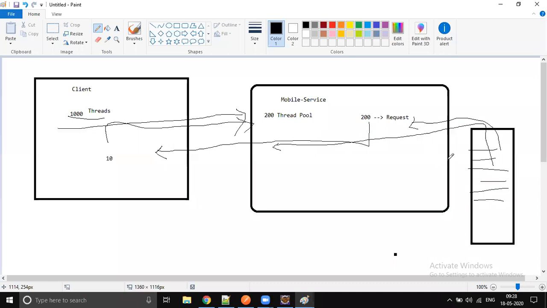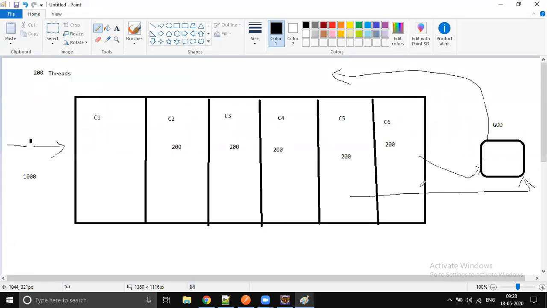Once the first 200 requests complete the response generation and flushing, Tomcat will process the next 200 threads. First Tomcat will send 200 people for darshan, and once the darshan is completed, it sends the next 200 people.